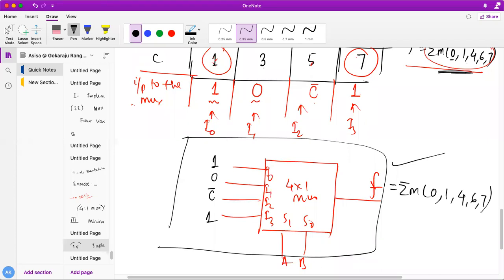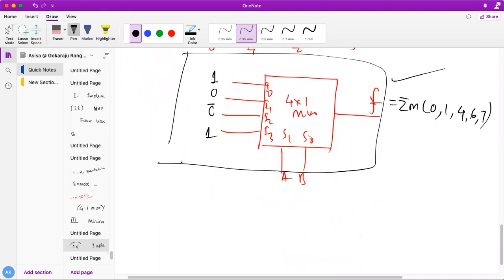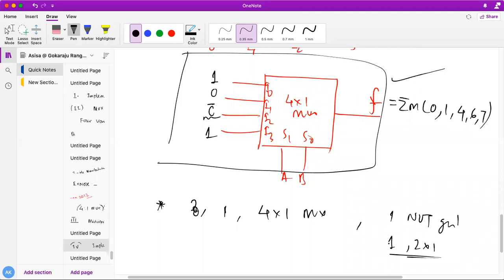Very important. So how many MUX we need here? We need here how many MUX, students? So very important, tricky question. How many MUX? We need 2 MUX. How? In order to get C bar also, another 1 more MUX I need. Am I correct? So here we need 2, 1 4 cross 1 MUX we need. Okay. And another one, I need one NOT gate, or you can use 1 2 cross 1 MUX also. No problem. Okay. Any doubt on this? Please let me know immediately.